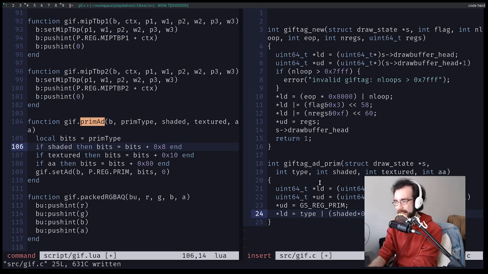shaded times 0x8, or textured times 0x10, or AA times 0x80. So just like before, these are going to be 1 or 0. We multiply them by the corresponding bit mask, and then we OR everything together. And then we